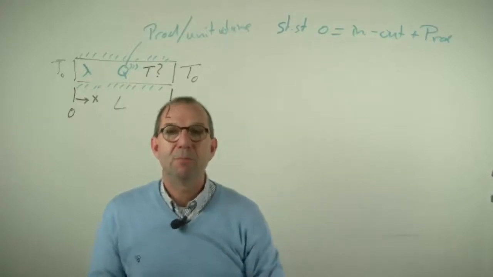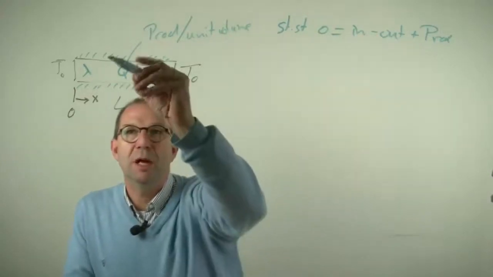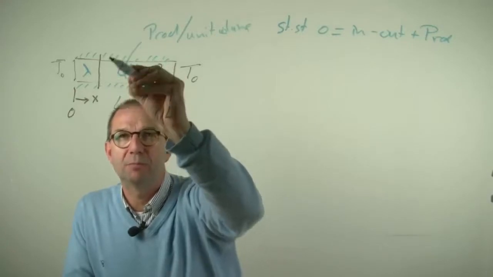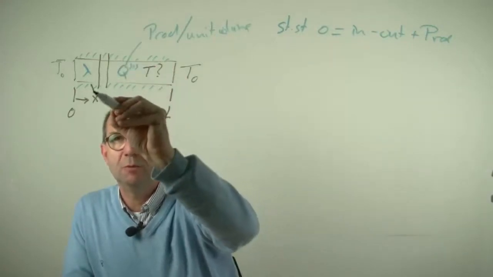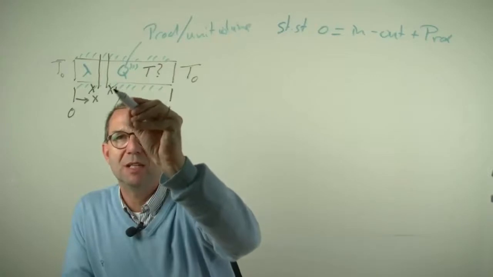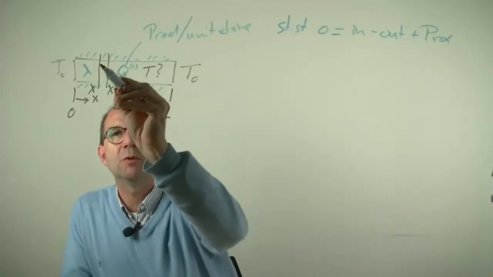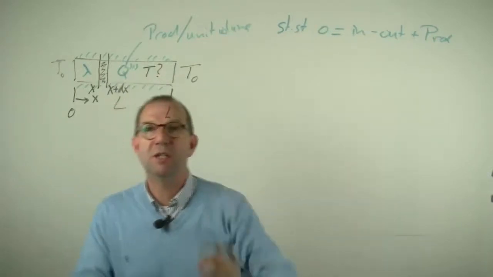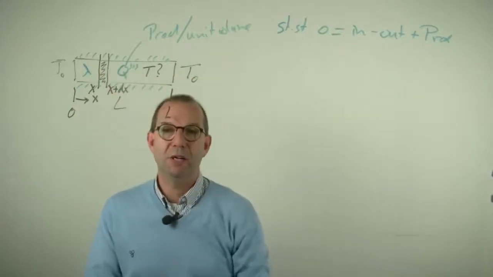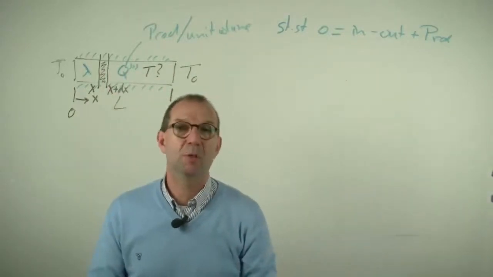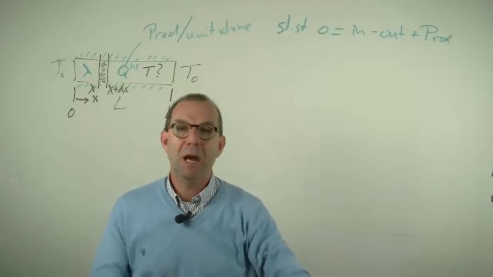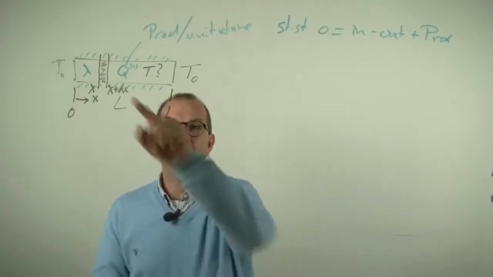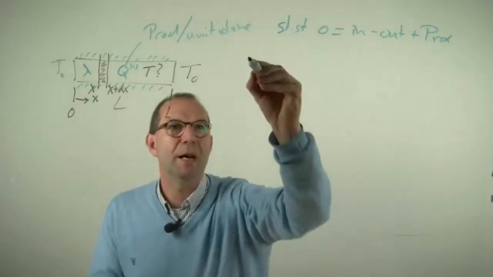To find out what the distribution is, I need to look at an arbitrary small part out of the rod that is situated between x and x plus dx. And I'm going to consider this part, and only this part. But I didn't tell you where it is, and I don't want to tell you where it is, because it can be placed anywhere. I keep it generic. But I can set up my balance, and if I draw this part out,